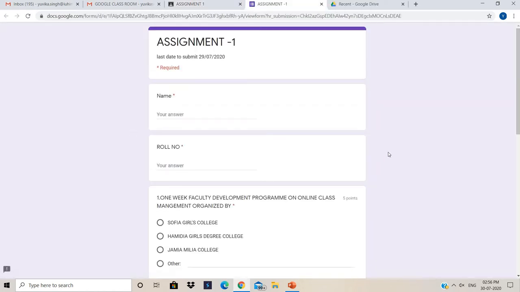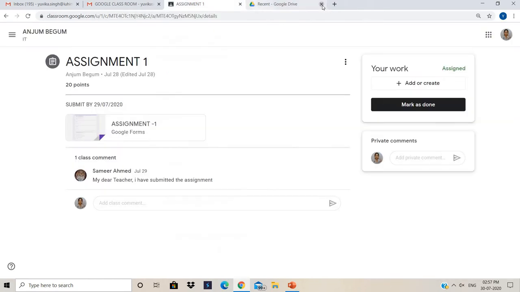We can click on it. So this is the assignment given by her. We can solve the quiz and send it back to our teacher, right? In this case, I'm not sending it back to the teacher here. So once your work is submitted, it will be shown here, right? And it will be marked as done.